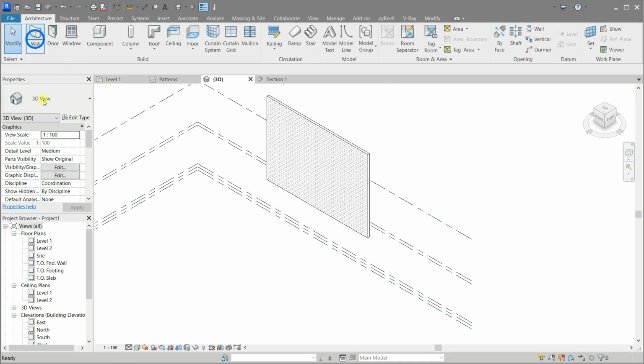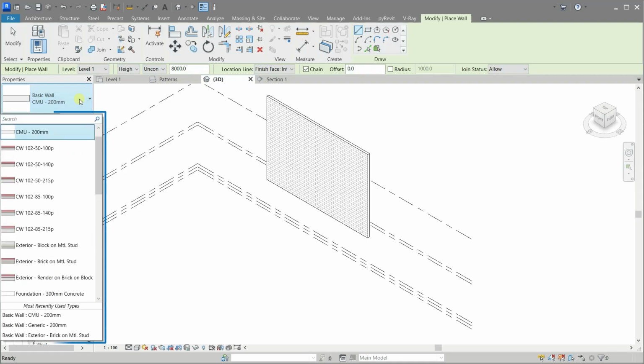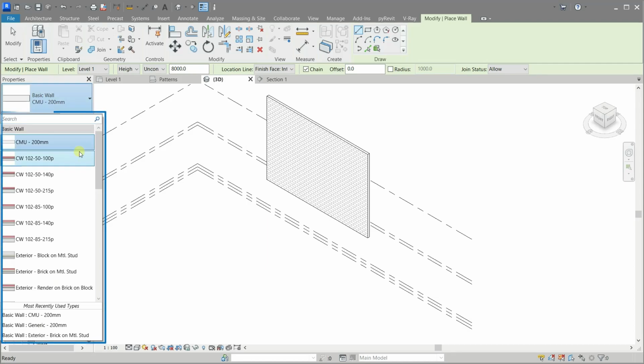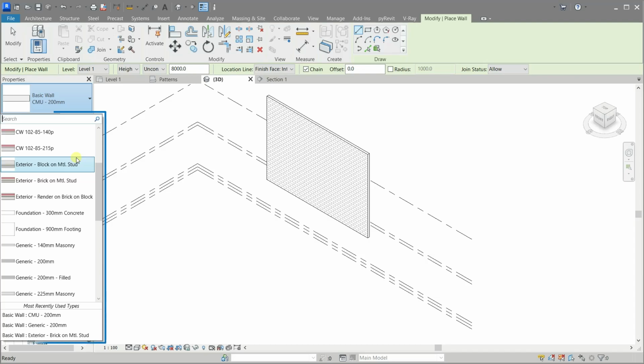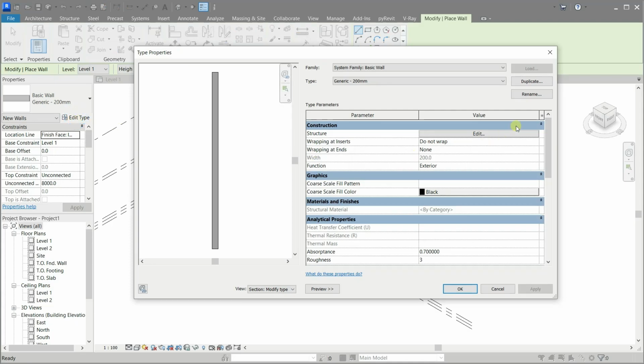Now from Architecture tab, let's create another wall. Start from generic and repeat the process, but this time type cement plaster wall with thickness of 2.5 centimeters.